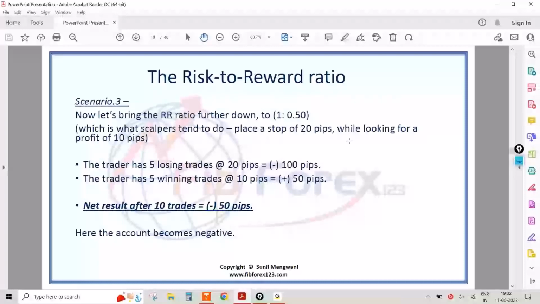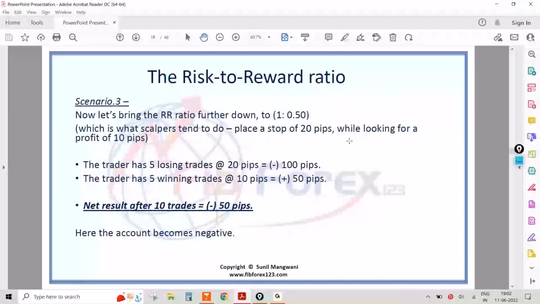Now do the mathematics. You have 5 losing trades, same win-loss ratio. You're losing at 20 pips, you're losing 100 pips. If I have 5 winning trades now, I'm gaining only 50 pips. Net result after 10 trades is negative. Simple mathematics. Now, this is something a lot of traders don't really look at, but as I say,